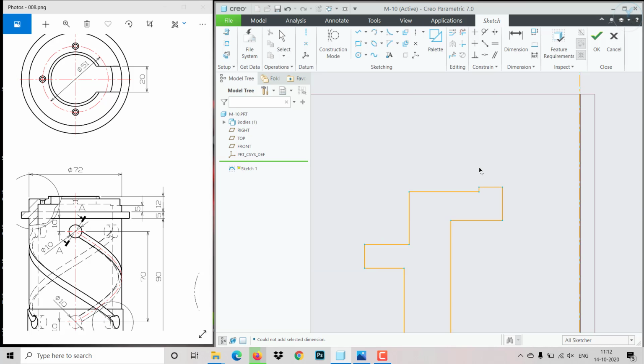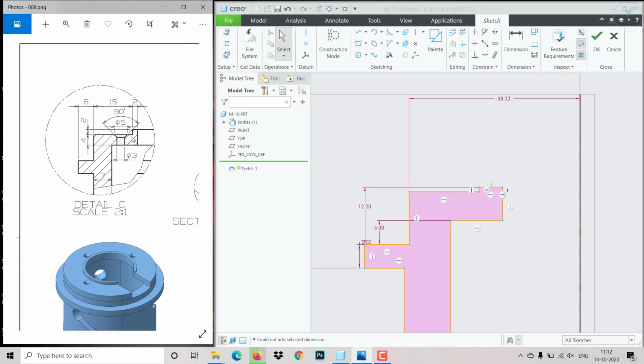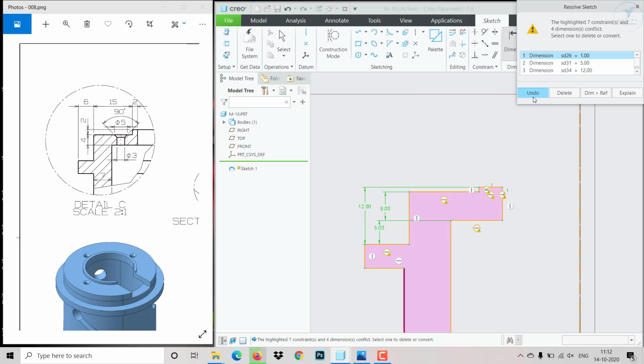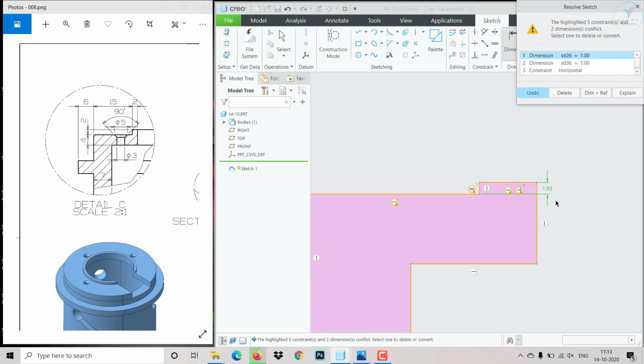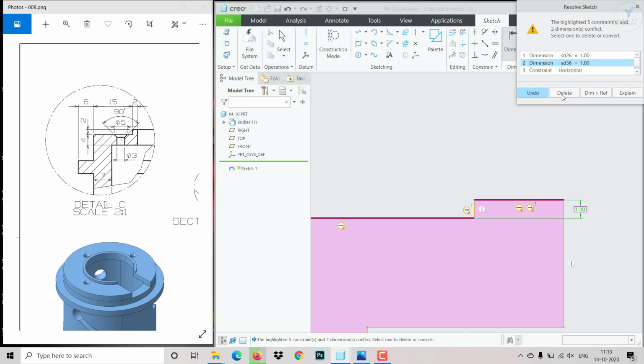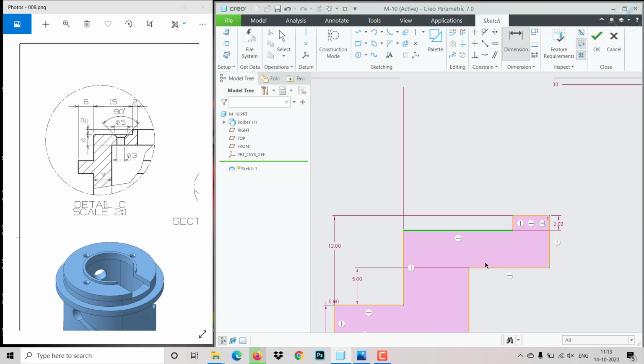Fine. So now we need to specify the other constraints. It is moving still. So if you see over here, we can specify the height, everything and all. So from this to this, it is 4 mm. So you can select and give 4. Okay. So we'll specify this dimension first. It is taking equal constraint, so we can delete that. So we need to delete this constraint. Now we can specify the dimensions, that is 2 mm. So automatically this will become